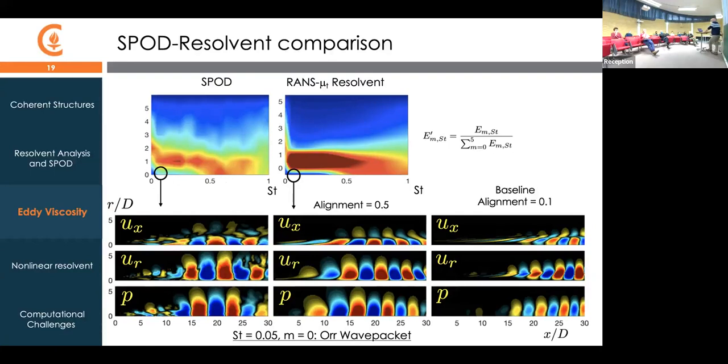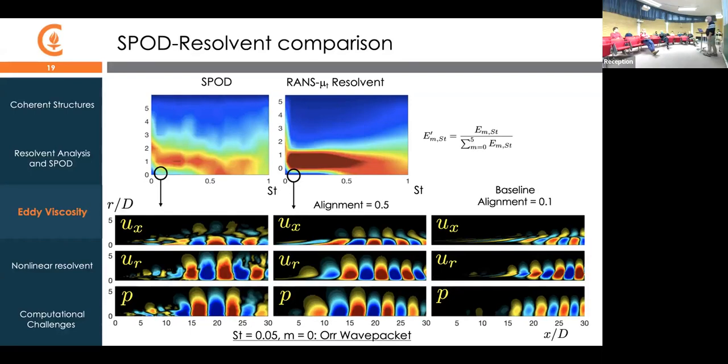It turns out that when you look at the resolvent, you have access to both the forcing of this mode and the response. And what we discovered is that this is, what we're calling an OR. It's a classic OR mechanism that's at play in the jet. It takes structures that align against the shear and rotates them downstream to structures that are aligned with the shear. The forcing of this mode is associated particularly with the critical layer of the jet. It has all the hallmarks of the OR mechanism.